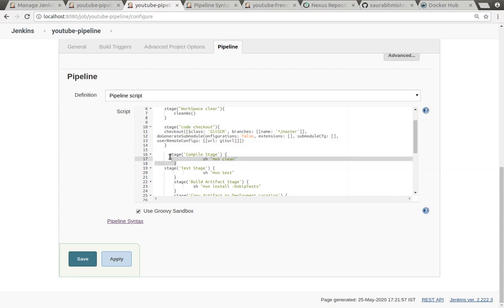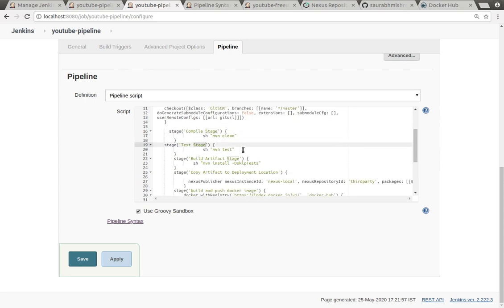After that, I want a Maven clean to happen. So, compile stage. Everything I'm doing is stage by stage. So we can name it stage, and we can provide some concurrency label also, so that whatever the stage is trying to achieve can be worked in a concurrent manner also. Those options are also available. But right now, I'm using a single concurrency model. So for that purpose, the compile stage is there. We can compile the stage.